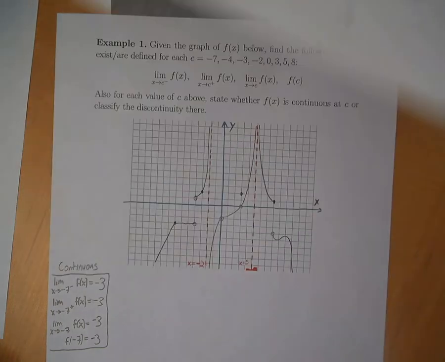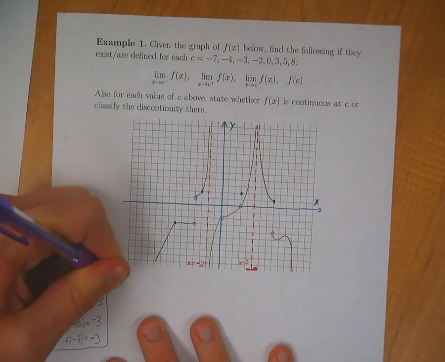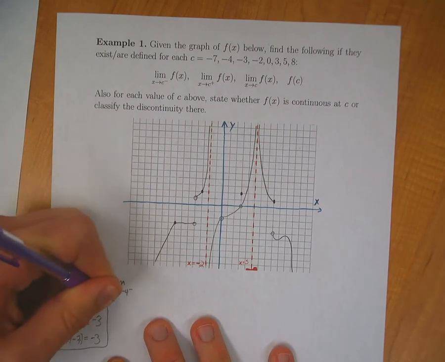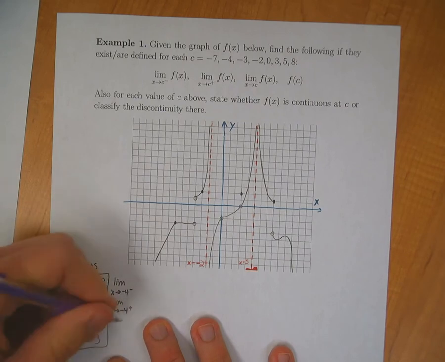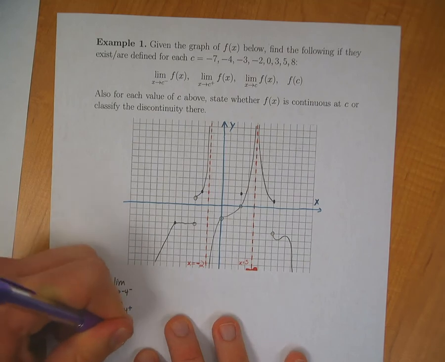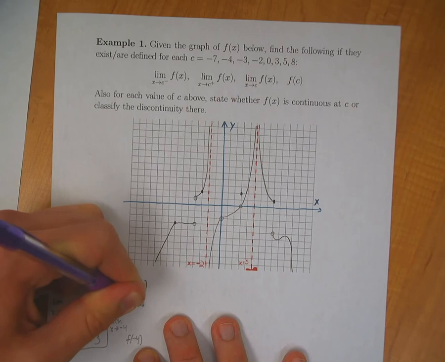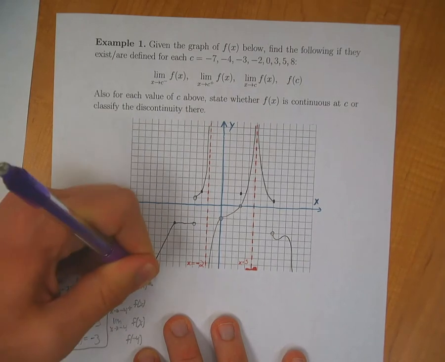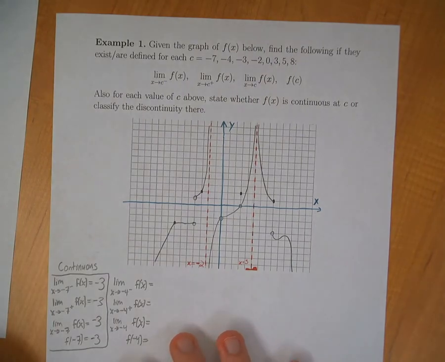Okay. So now let's do the same thing for -4. So let's write all those down. The limit as x approaches -4 from the left. The limit as x approaches -4 from the right. The limit as x approaches -4. And then f of -4. Okay. So now, let's